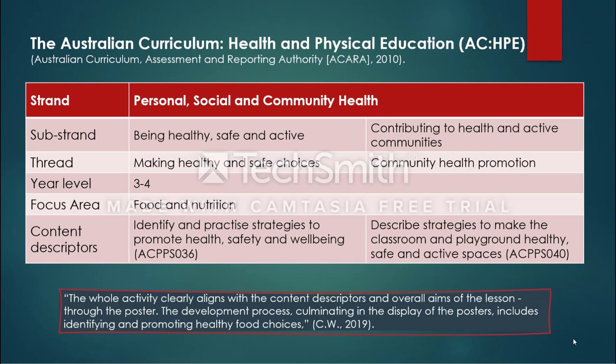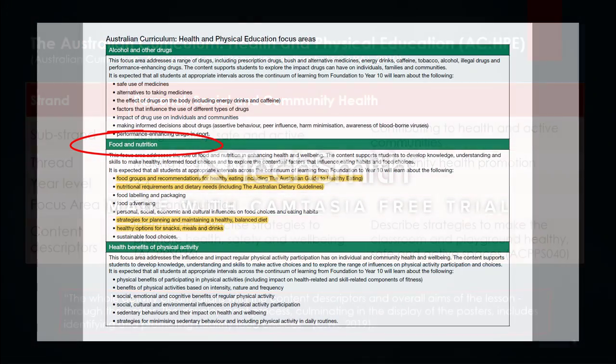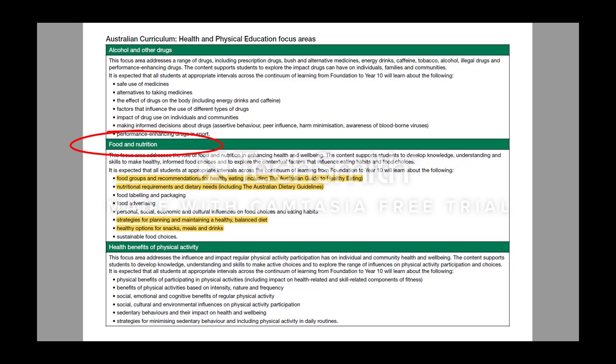Supportively, a peer stated the whole activity clearly aligns with the descriptors and aims with the poster. The development process includes identifying and promoting healthy food choices, CW 2019. Under the focus area of food and nutrition, I have identified 4 points that are applicable to this